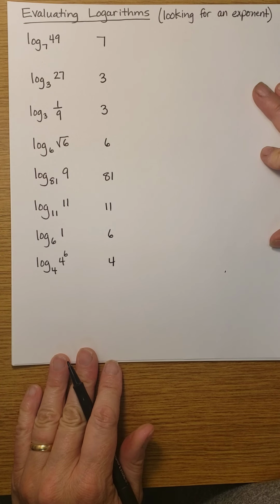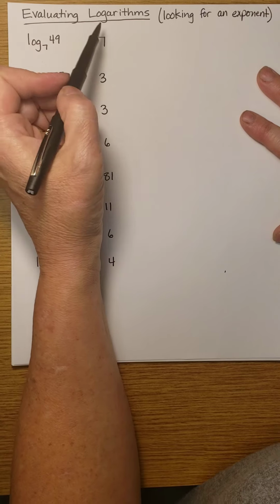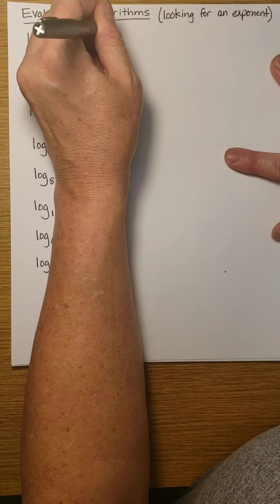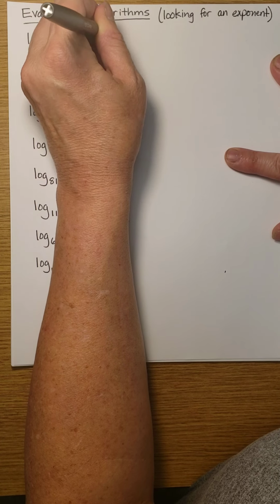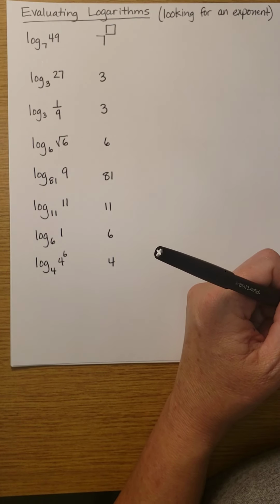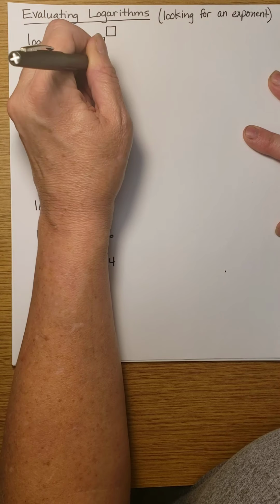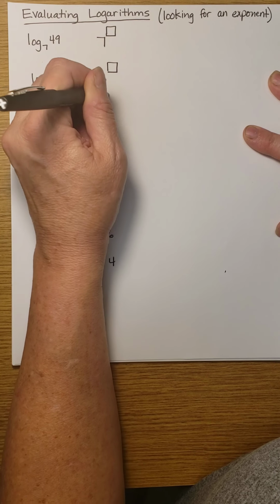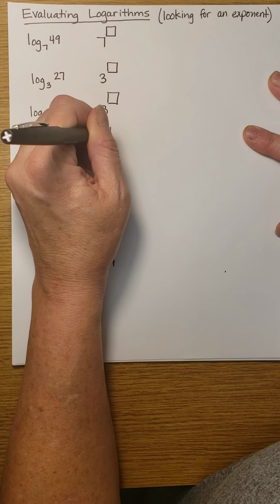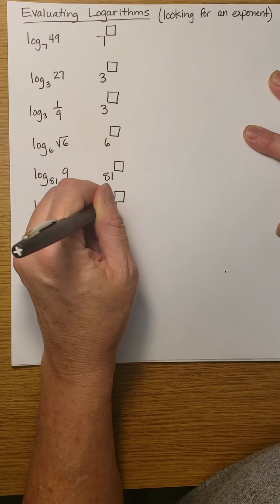All right. Now remember that the base is on the bottom, which means it's the one that has the exponent, and that is what we're looking for. When you evaluate a logarithm, because a log is the exponent, that's what you're trying to find, is the exponent. So I'm going to write a little box here above the base to show me that that's the number I'm looking for as my answer when I'm trying to evaluate